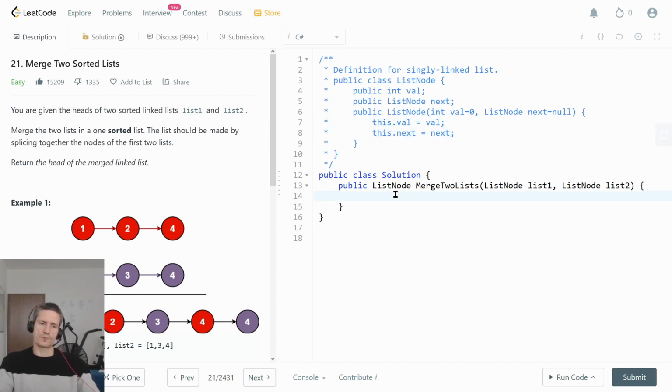So how would we do this? Well, one way to do this is to use recursion. So essentially we have this method, public ListNode mergeTwoLists. We will call it again and again until we have reached the end of the lists. We have 1, 2, 4, and this is the first linked list. And 1 stores a pointer to 2, 2 stores a pointer to 4, and 4